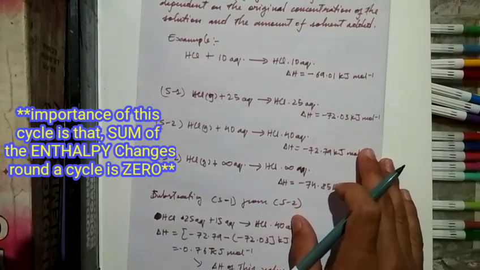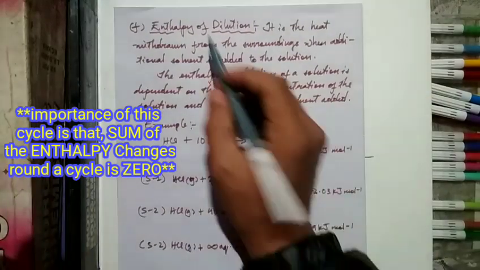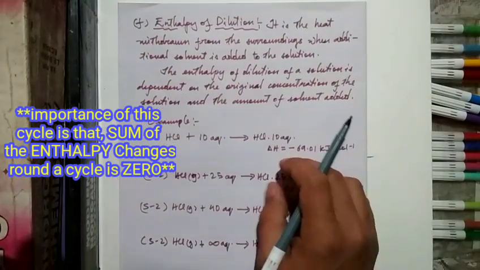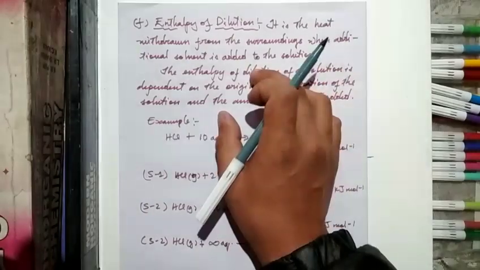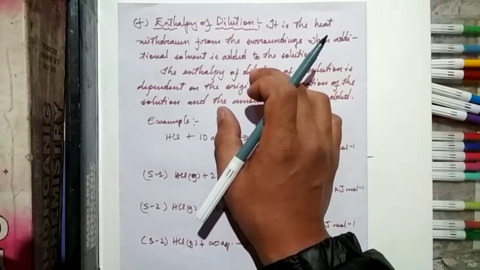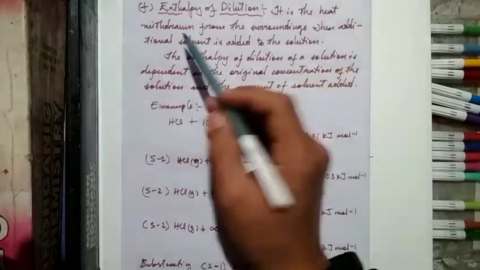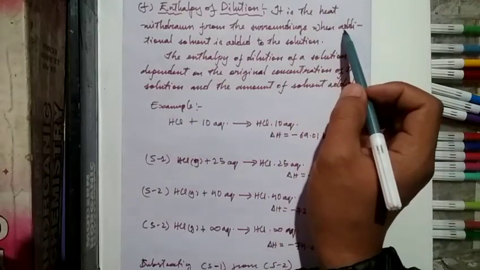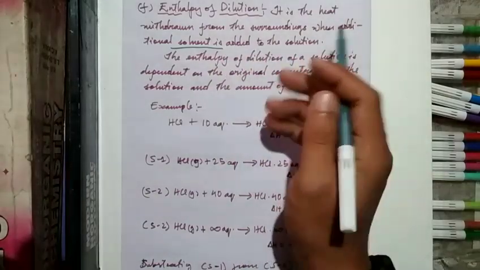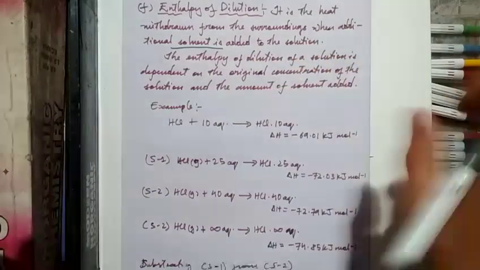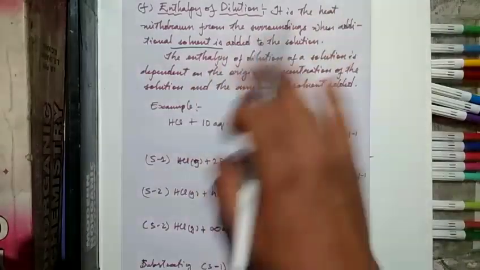Let's see the last topic, enthalpy of dilution. This enthalpy of dilution is similar to enthalpy of solution. Let's see. It is the heat withdrawn from the surroundings when additional solvent is added. So when we add more solvent,